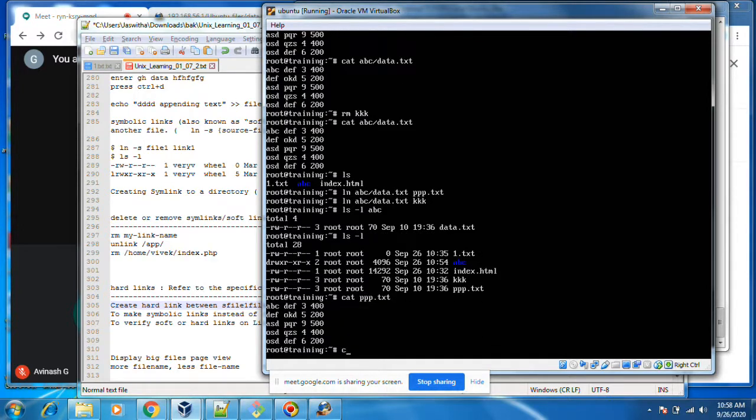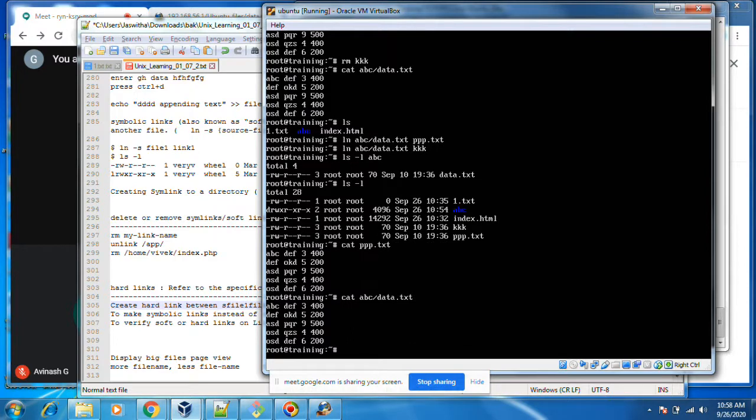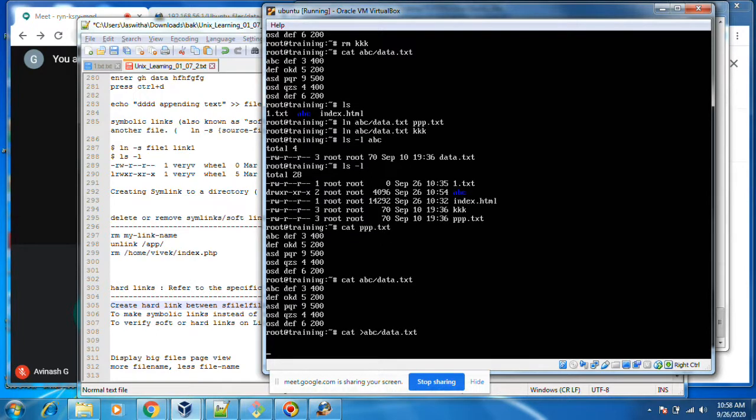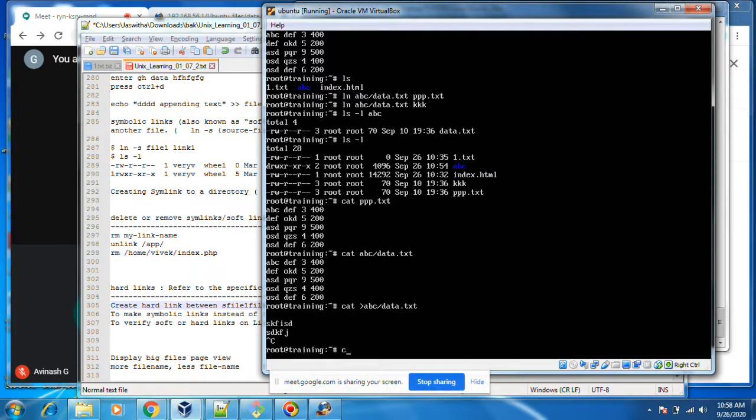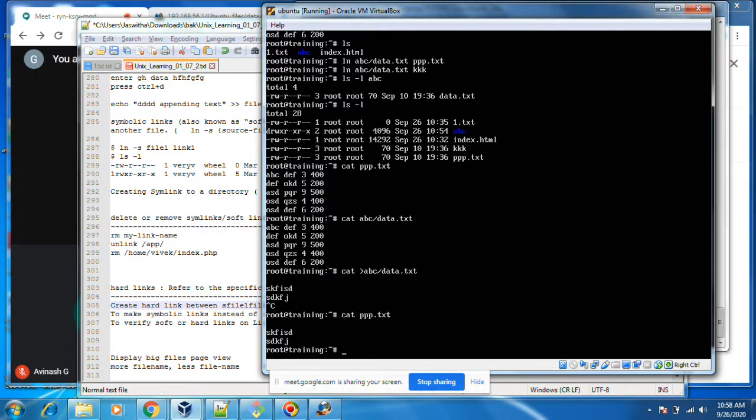If I did cat abc, okay, if I make some change in abc.txt, will the hard link work? Let's see. It is also changing, same like the soft link.